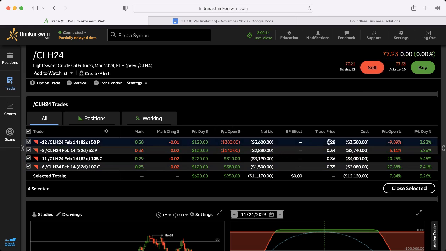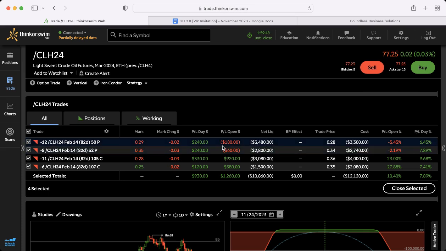As you can see, if you slide over here to cost, we sold 12 of those at 0.28. That's $280 per contract. 12 of them is $3,300 we collected. Okay. Today, if we were to purchase those back, the value is the net liq number here, which is